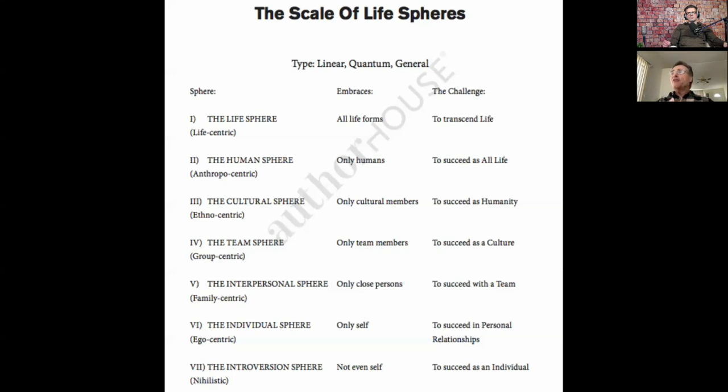Virtue signaling. You know, oh yes, I'm a lover of the environment. You know, and then you find out that the guy treats his wife like dirt. Well, that guy's doing that because he wants you to like him. See, he's not really a lover of the environment. He's not really at level 1. This guy can't even get along with his wife. He's down at level 5 or 6.